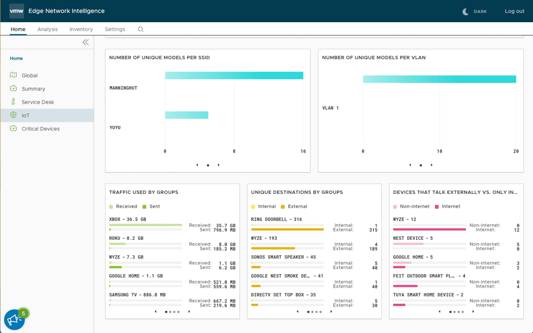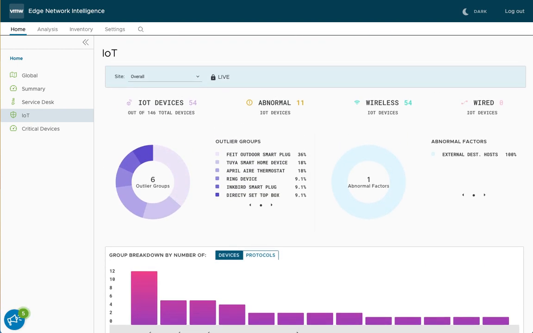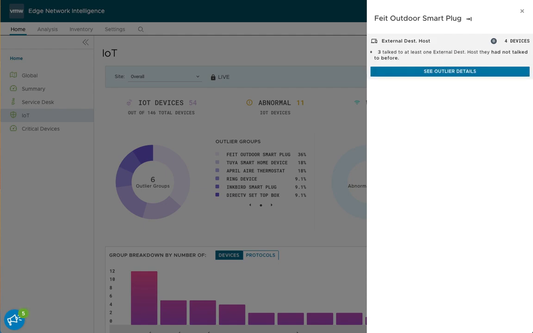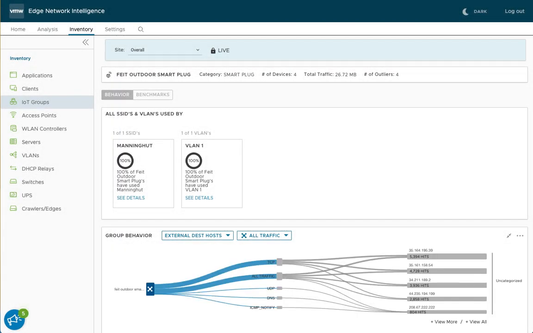Now that we've had a look at the enterprise-wide IoT device view, let's drill down and look at the details of an individual device. Scrolling back up, I want to select this outdoor smart plug right here. This slide-out window provides some additional information. Clicking here, you can see that this has been flagged because it has talked to at least one external destination host that it has not talked to before. I can click Outlier Details or click this icon right here,